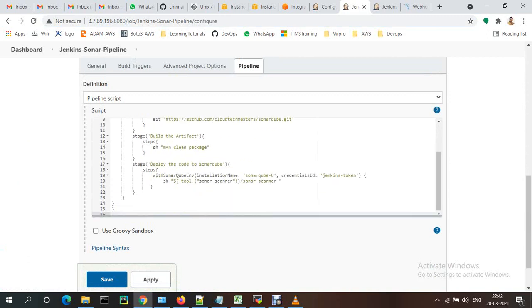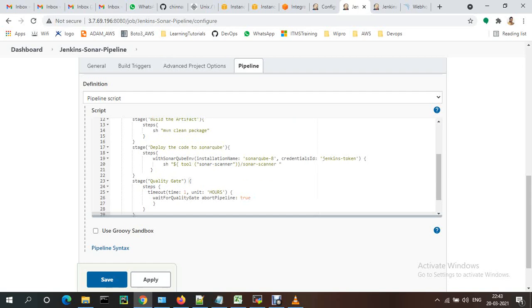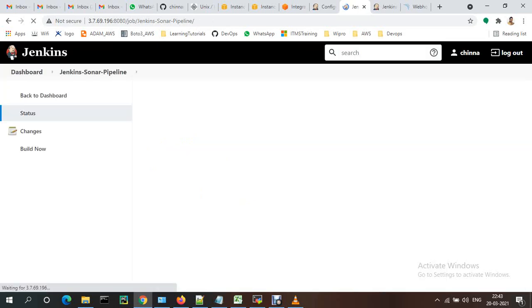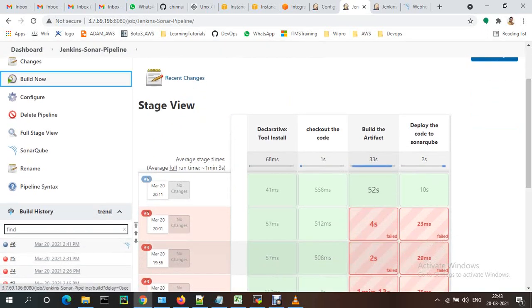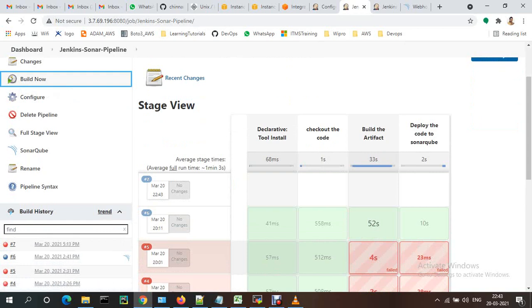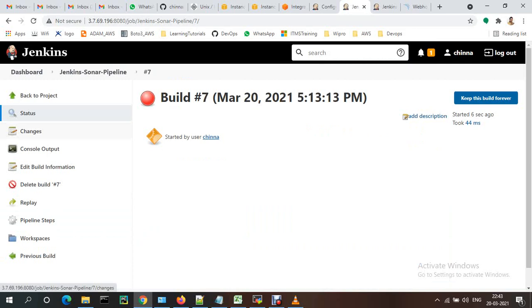Just add one more pipeline here. Okay, just apply and save. If you trigger build now, this is fail. Let me check.